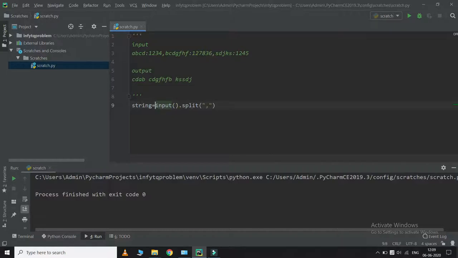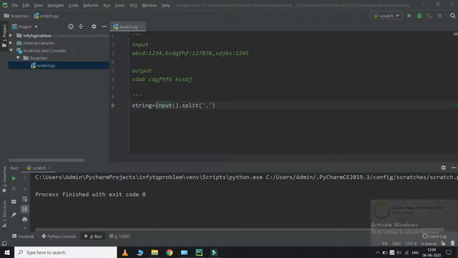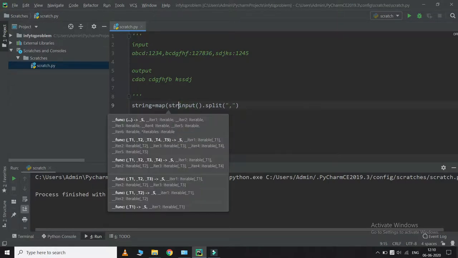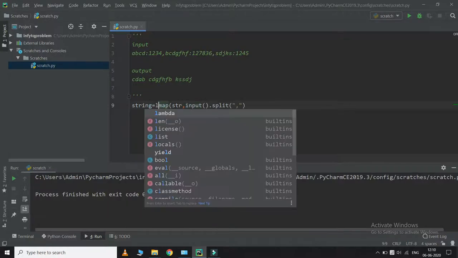As I'm splitting, we will get a list, for i in the one, I'll be mapping it to strings. So I'll write map str. Again, I'll convert it to a list.